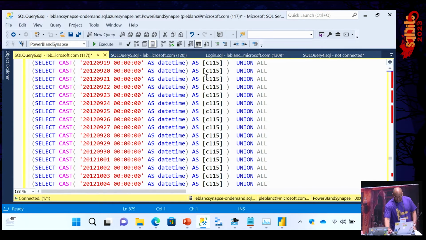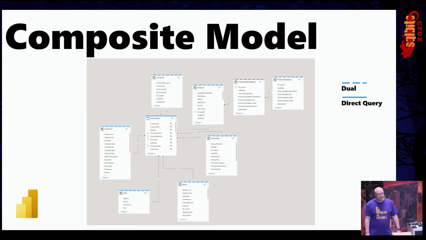All right, so we talked about DirectQuery, but we don't want everything in DirectQuery. That's our starting point, right? And then we can transition into what's referred to as a composite model. Hopefully all of your data is laid out as a star schema, because Power BI really loves a star schema, and that's what gets us the best performance. With a composite model we can have dual mode storage on a given table. Typically, you're going to want to use that for your dimensions, not your fact table. What that means is that the dimension table is actually represented as a cached version in the model.